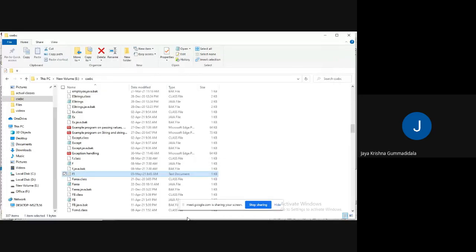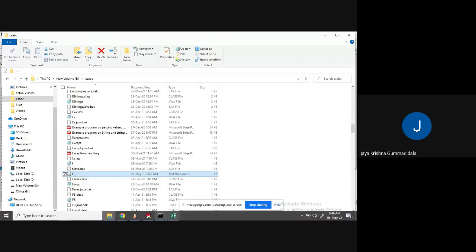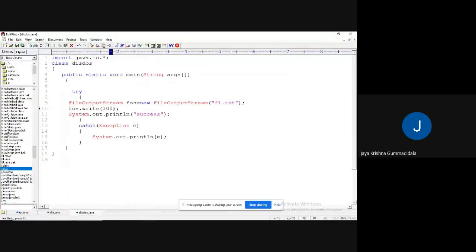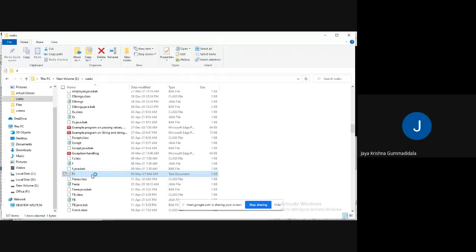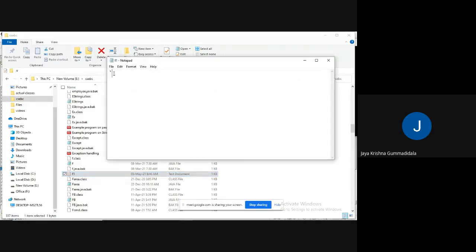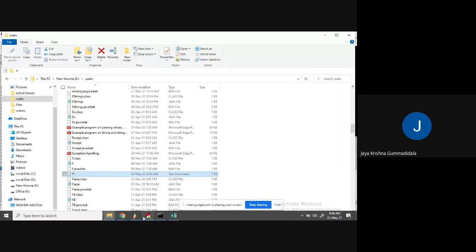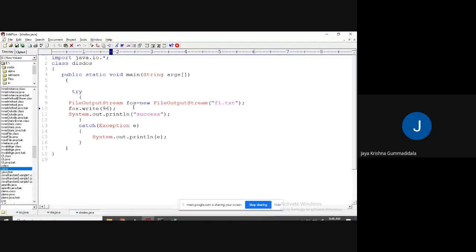What is this write method doing here? If you are giving the input value as 100, it is taking the value as 100. If you give the value as 96, observe, what will happen? Success will come. What does it mean? It is taking the ASCII value.